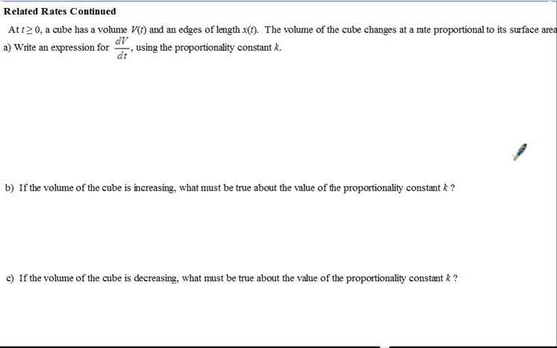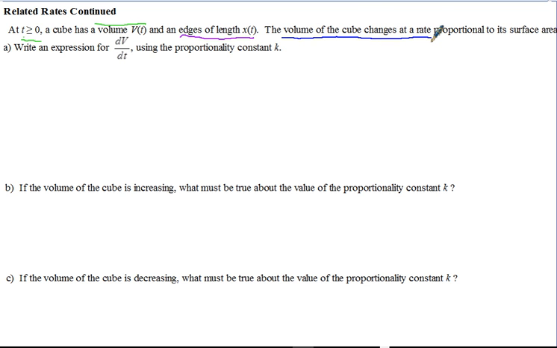These are the notes for AP Calculus on the topic of related rates, continued. So this one says at t greater than or equal to 0, in other words, positive time like we usually have, a cube has a volume V of t and edges of length x of t. The volume of a cube